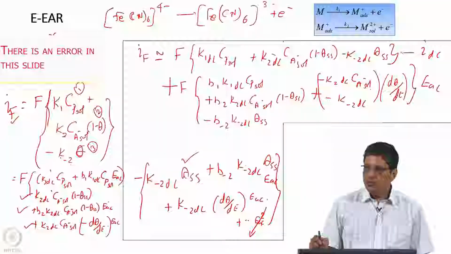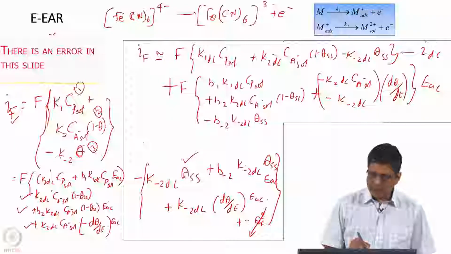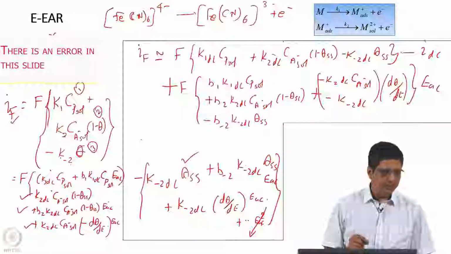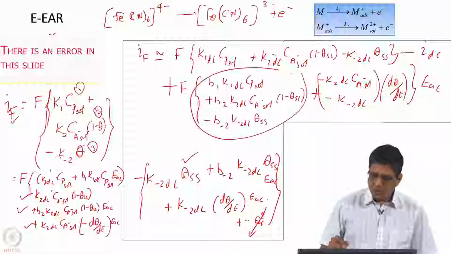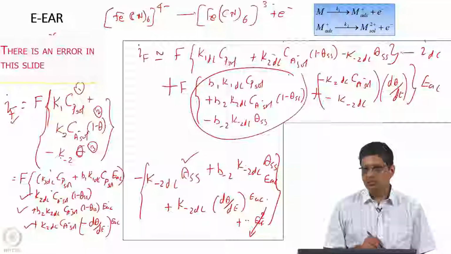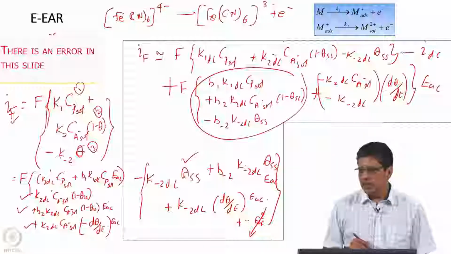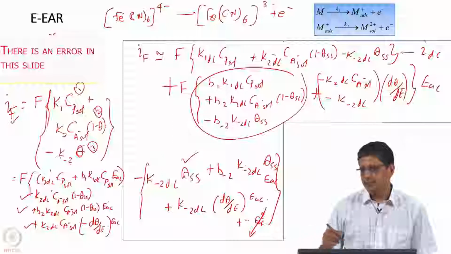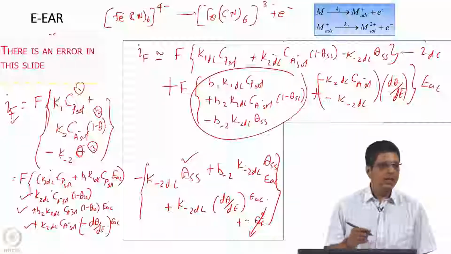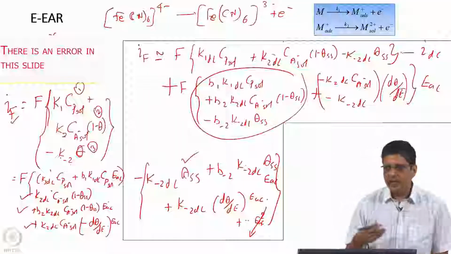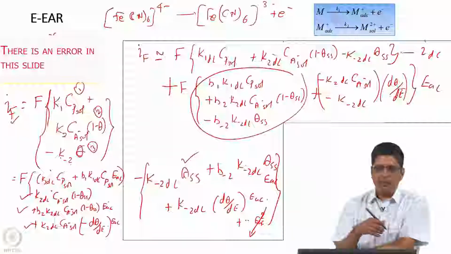That means, when you do the impedance spectra, when you measure the impedance spectrum, when you apply different frequencies, the 3 terms here do not depend on frequency. The term here d theta by dE will depend on frequency, that we are going to derive later, but right now just take it for granted that d theta by dE will depend on frequency, and when we apply infinite frequency, very high frequency, d theta by dE will go to 0.